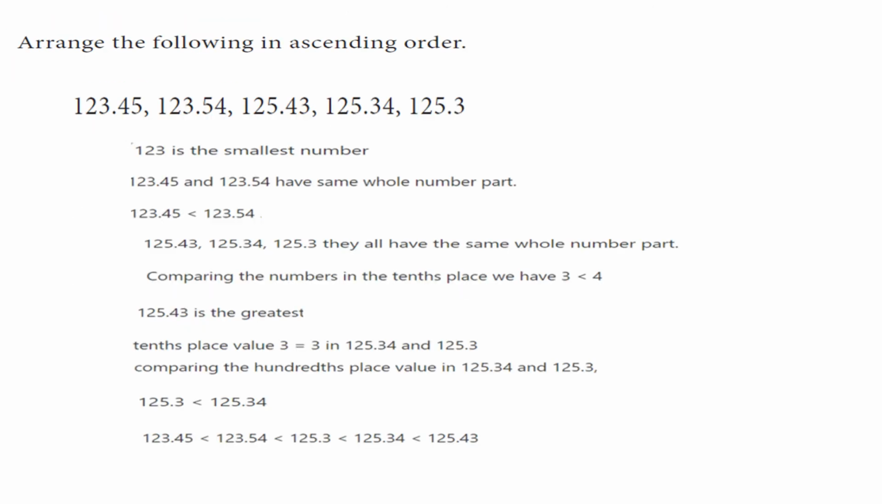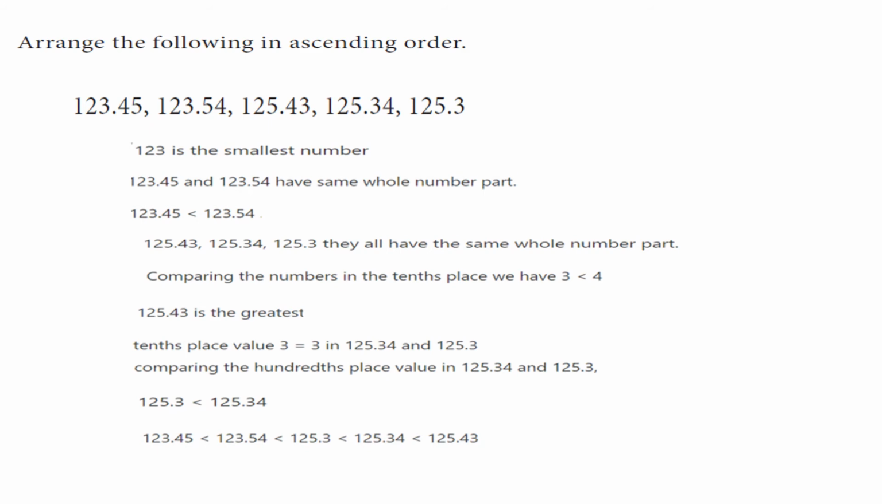Arrange the following in ascending order. 123.45, 123.54, 125.43, 125.34, 125.3. So before that, we find out the greatest number, and lastly we find the smallest and write it in